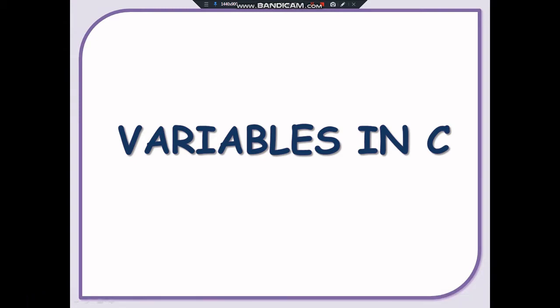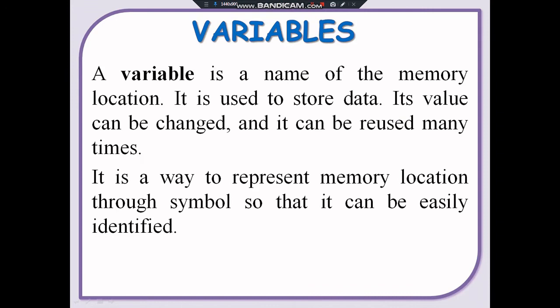So, in the video series of C programming, our today's topic is variables. Okay, now what is a variable and why do we need a variable? Whenever you want to perform any task, you deal with different types of data or different values, correct, and that data and those values need to be stored in the memory, correct.